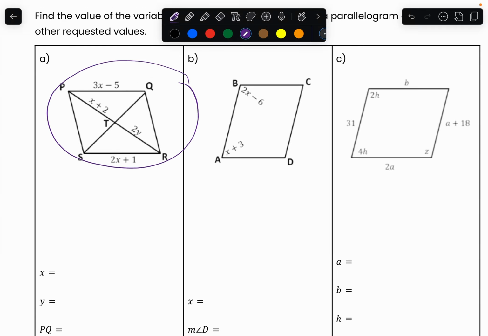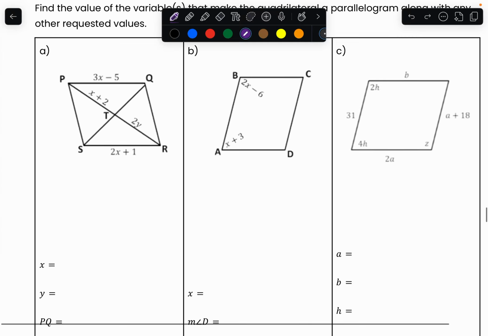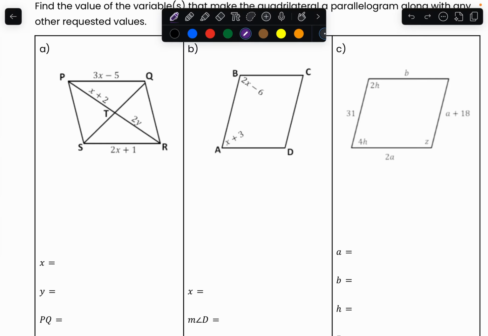are congruent, opposite angles are congruent, consecutive angles are 180 degrees, and diagonals bisect each other. So we have to make sure we fill in values that will make these statements stay true. Now let's look at how to find my x here. You kind of have to solve this question by imagining it as a parallelogram, and then you solve it. It will be a little bit easier.